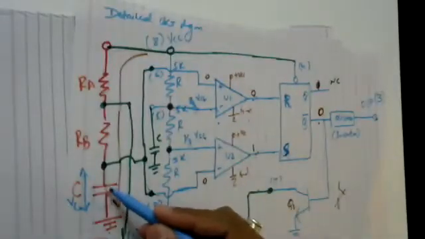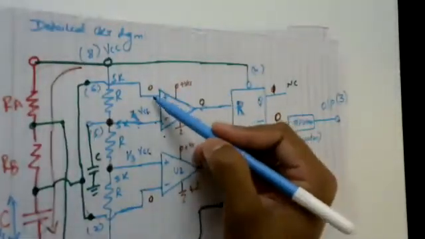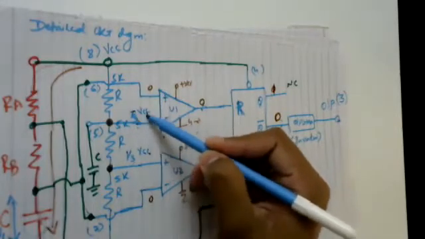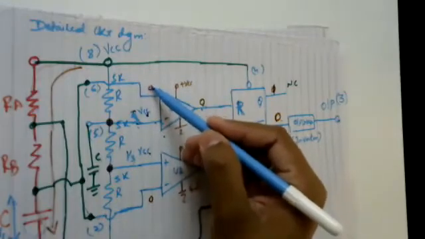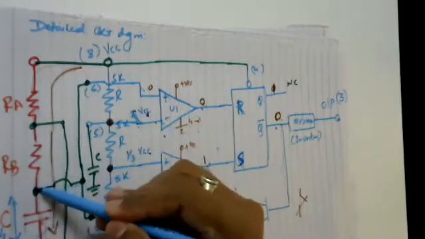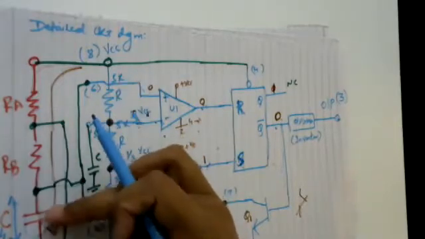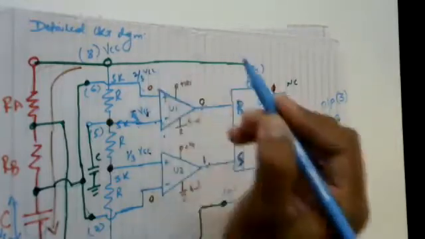Then this capacitor C, to what extent does it charge? You see this comparator. The moment the potential at non-inverting becomes equal to 2 by 3 times that of VCC. In the previous case we considered the initial voltage to be 0, but now the potential across the capacitor C is charging. It has charged to such an extent that it has become equal to 2 by 3 times that of VCC.